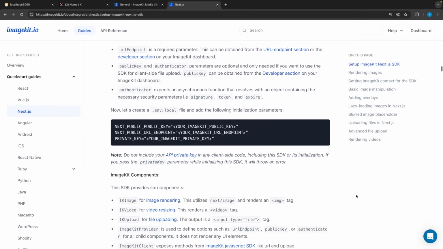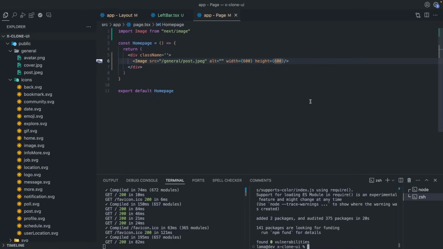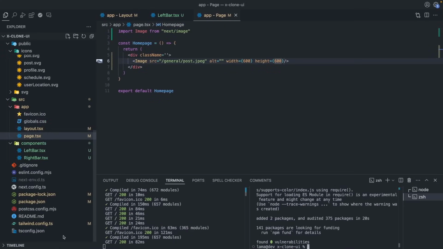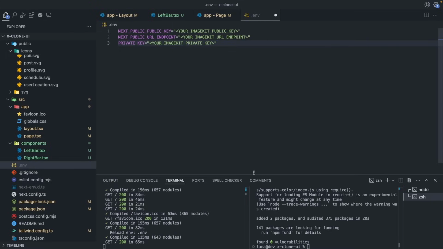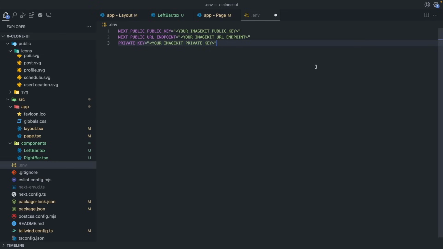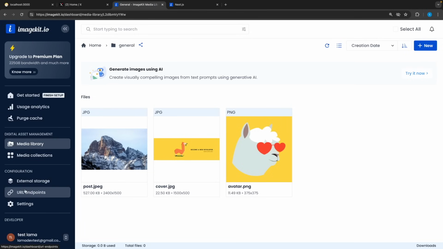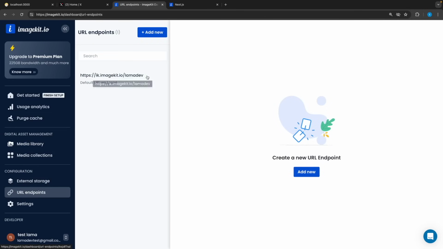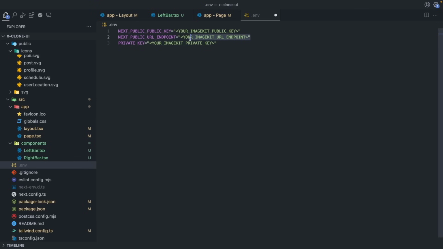Okay. After that, we are going to create an env file and store our public and private keys. Let's copy this. Inside the root folder, I'm going to create a new file and let's say .env. I'm going to paste it here. I'm going to close this. And let's take our public and private keys. To do that, I'm going to open my dashboard, URL endpoint, and let's copy this, paste here,